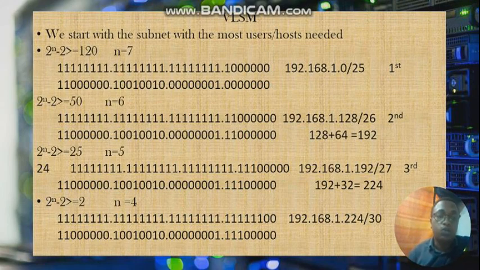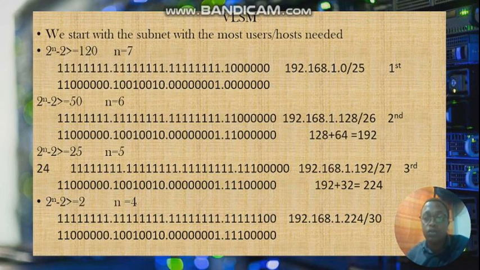Because when you do 2 raised to the power of 6, it's 64. Minus 2, you get 62. So we're going to use 64 as our value, or the number of users that we're going to allocate in this second network in order to accommodate the 50 users that we have for this network. So we are going to borrow 6 bits from the subnet mask, and when we do that, you're going to get a network with a network address of